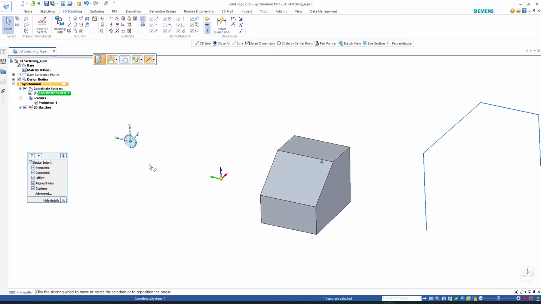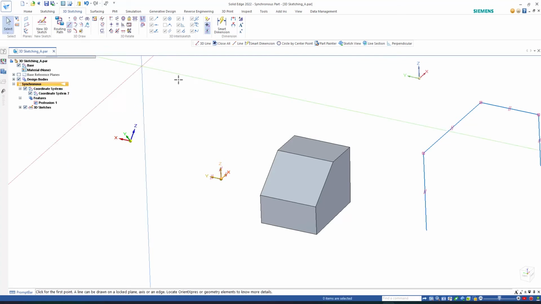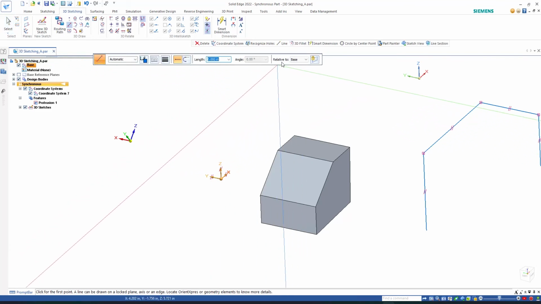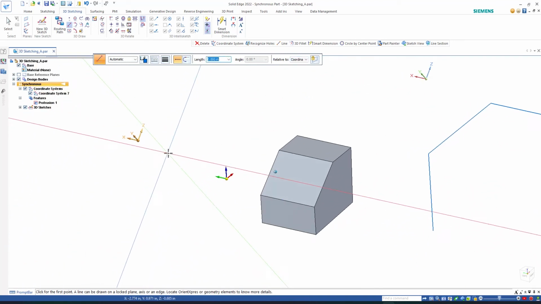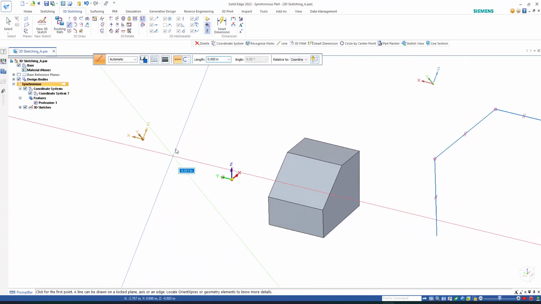I'm going to click on it. And let's say I want a different orientation here. So you can set it by doing a shift and clicking on your two plane right here. And then at that point, if you want to change the orientation, let's say something like this. Okay. Then I come back and do a line. But this time, instead of base, I want coordinate 7, which is the one I created. This one right here. See how it orients now? So if I click a line here,